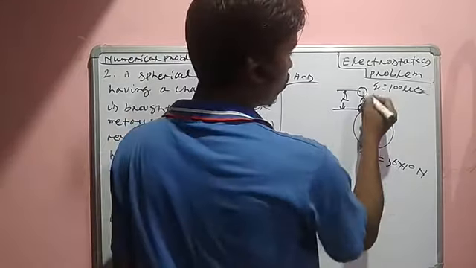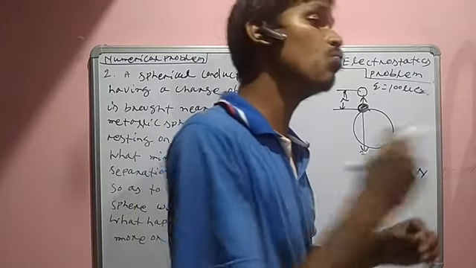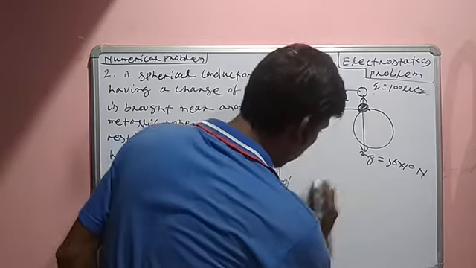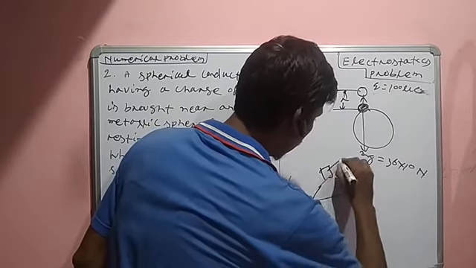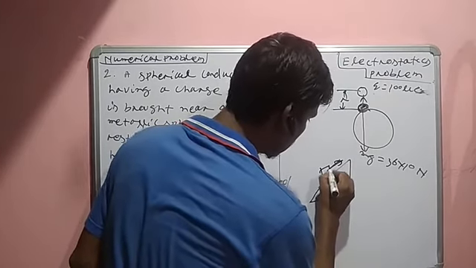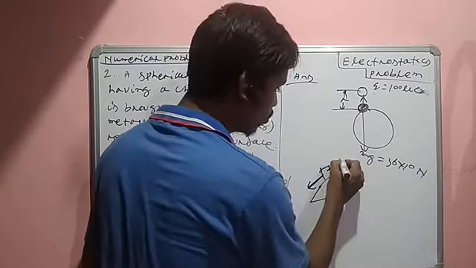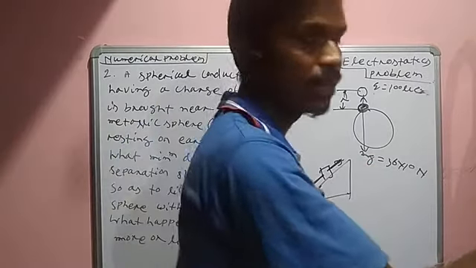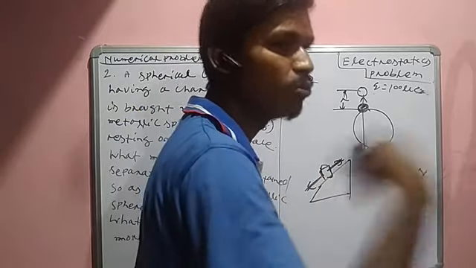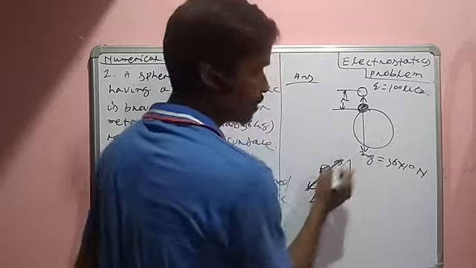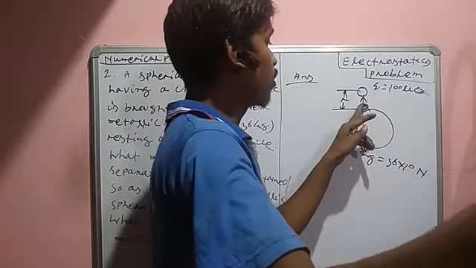Because, as you already know from your first year class, the body tries to move. We have already studied inclined motion in friction class. The body tries to move in the upward direction. That means if this force is equal to this force, or this force is greater than this force, then the body is accelerated. Whenever this force is equal to this force, the body moves at uniform speed in the upward direction. So in this case the body tries to lift up at uniform speed.